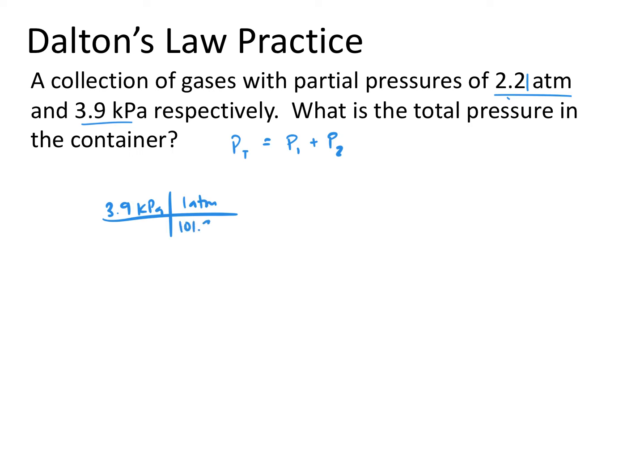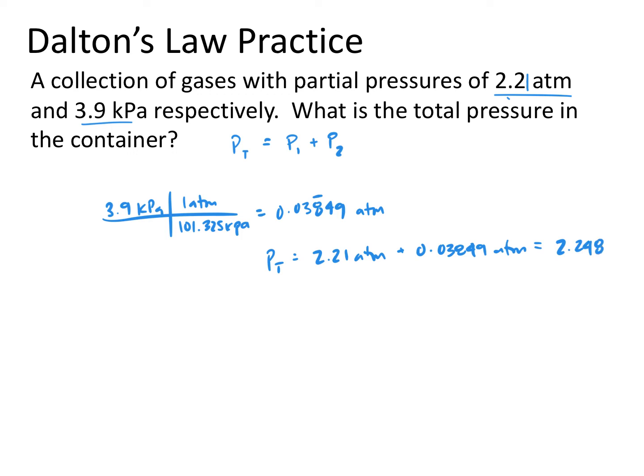So I'm going to set this up and plug it into my calculator, and that's going to give me 0.03849 atm. Then I'm going to take this pressure value in atm and plug it into our equation. So we have 2.21 atm plus 0.03849 atm. We plug those into our calculator, and that gives us